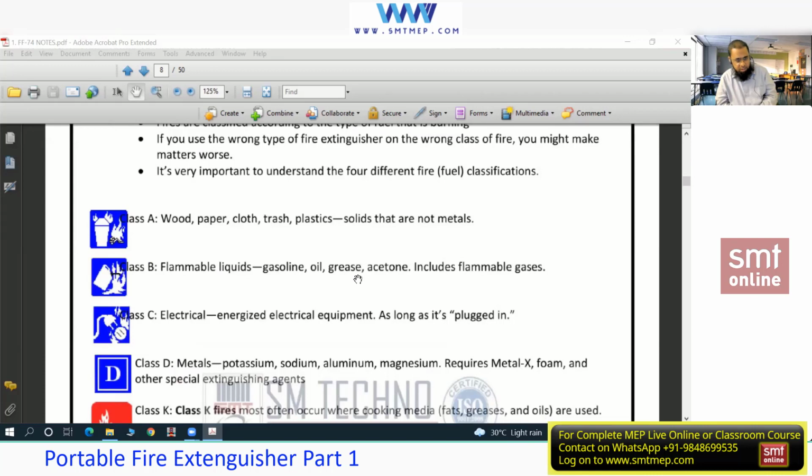So if you talk about class A, wood, paper, for example, in a residential room or a drawing room, you may get wood furniture, curtains, cloth. Similarly, in an office, furniture can be wood type, the cabinets, computer cabinets, or some plastic also will be there, and again it can be some curtains. So mostly this class A you will find in residential and commercial types of spaces, right? If the fire occurs because of these combustible materials, because class A is not a fuse, class A comes under combustible material, so this comes under class A.